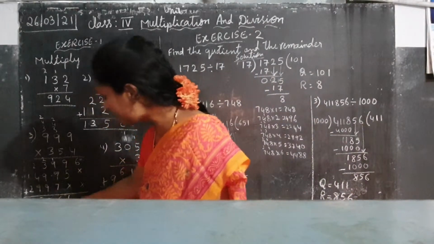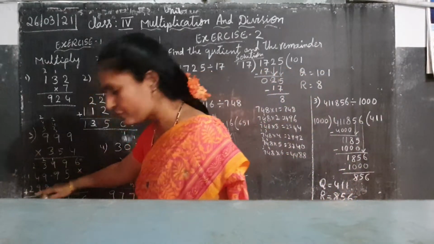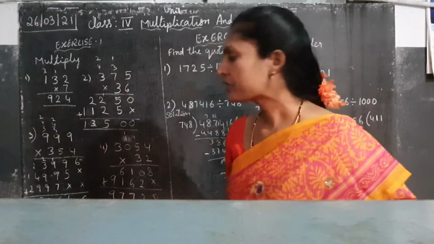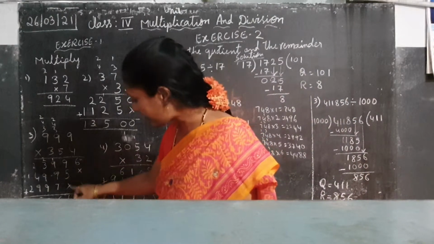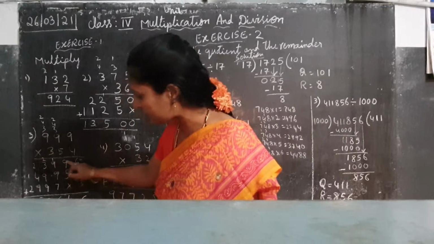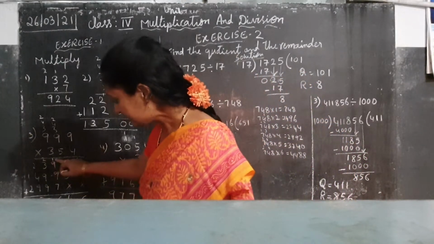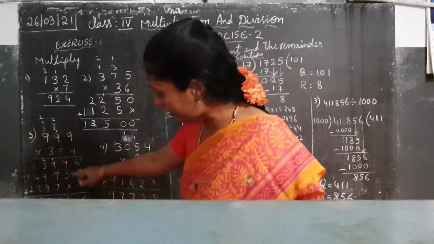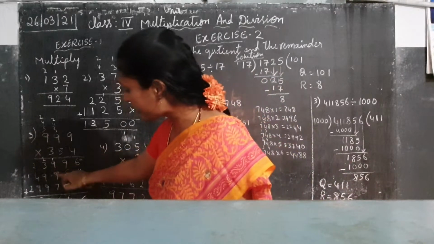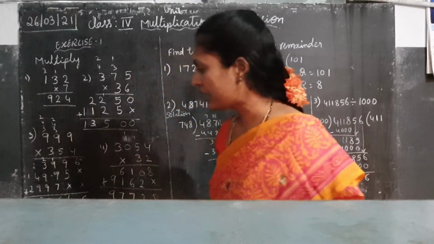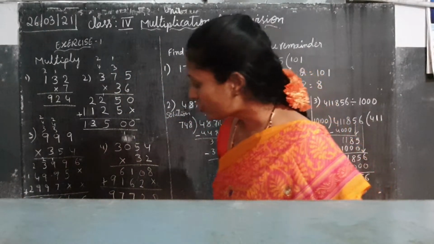Then last step, we have to do addition. In these 3 digits we don't multiply, we have to do addition. In ones, whatever number is there up, that only we will get. And in tens, we have to add these two numbers. 9 plus 5, you will get 14. 1 carry and 4. Then we have to add in these 4 digits, 1 carry number and the remaining 3 numbers. 9, 9, 9, 9, 18, 19, 19 plus 7, yes 26.